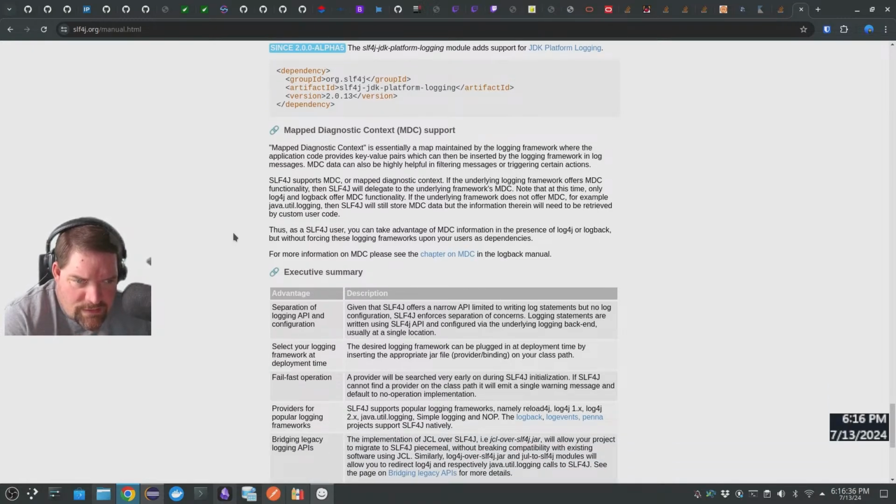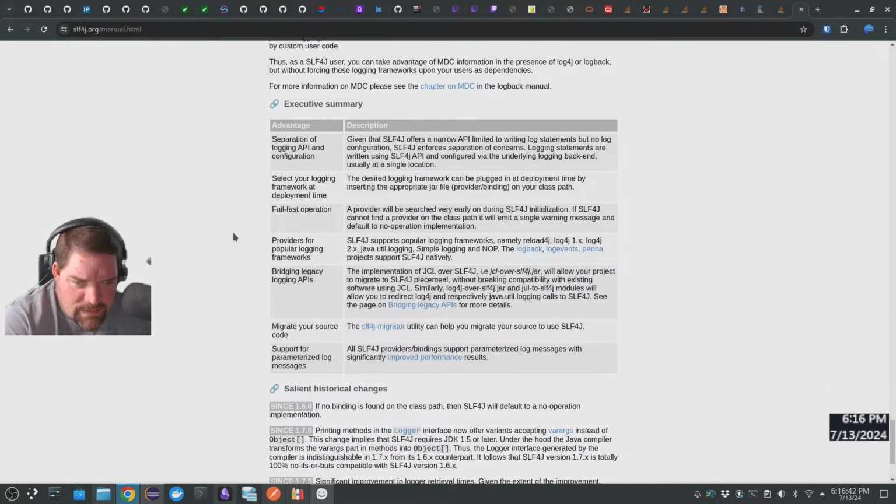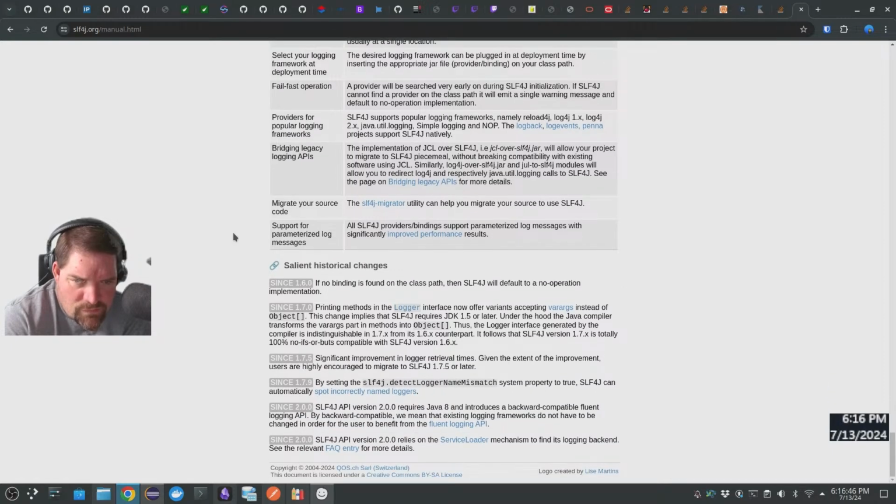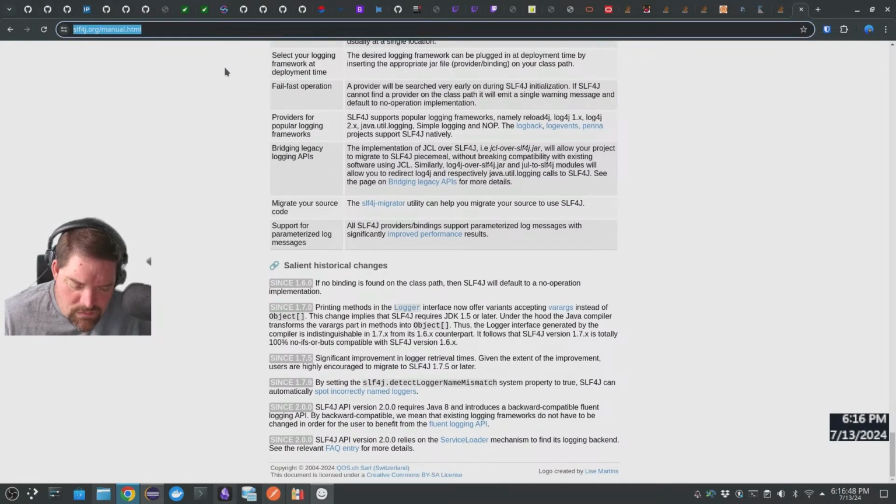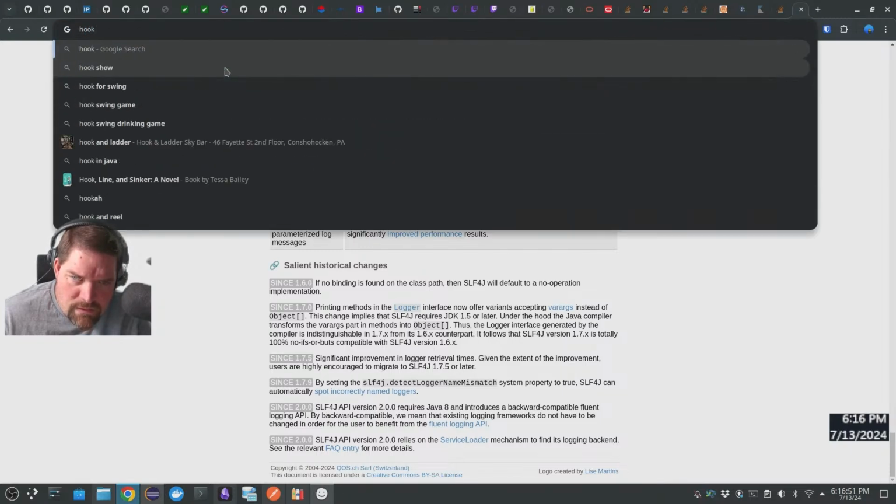Diagnostic contexts: keep adding pairs, insert into log messages. Yeah, I know what that is. Hook into SLF4J